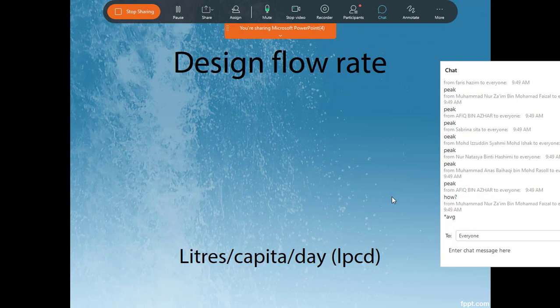Now, why do we use the average? First, using the average is more economical for the design process. Why? Because the peak comes like once, or in 1 hour or 2 hours. Or it comes maybe in 1 day or 2 days during the week, or in 1 month. So we don't follow the peak all the time, because most of the time we are following only the average.